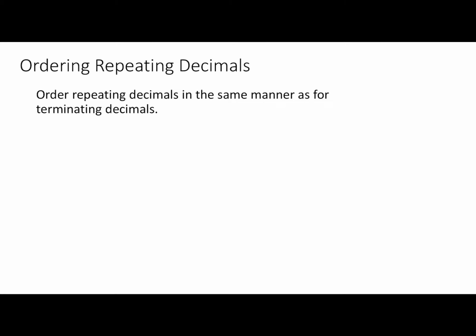Okay, our last topic in this section is ordering repeating decimals. And we're going to do this in the same way that we ordered terminating decimals. So if you have two repeating decimals that you want to compare, what you're going to do is just write out that repeating decimal as much as you need to so that you can find a place value where the